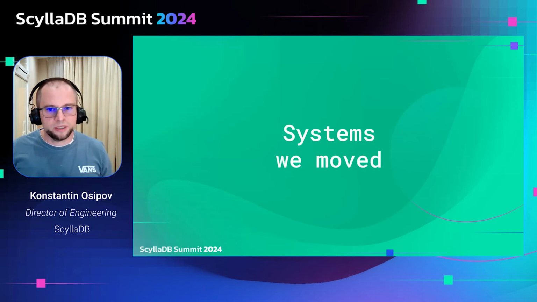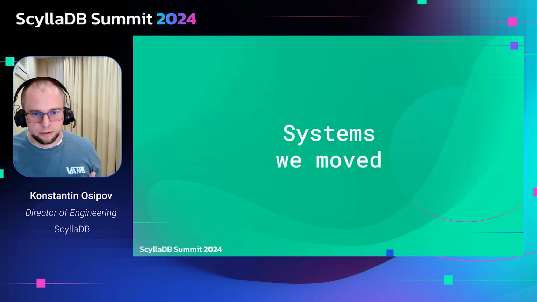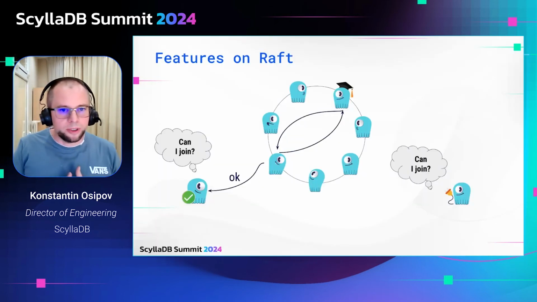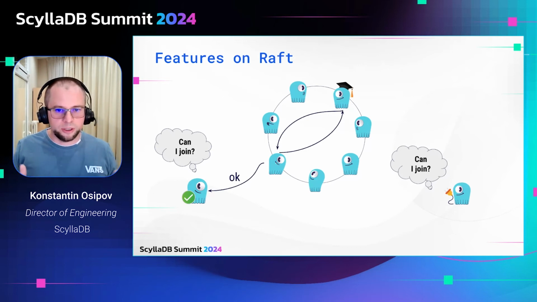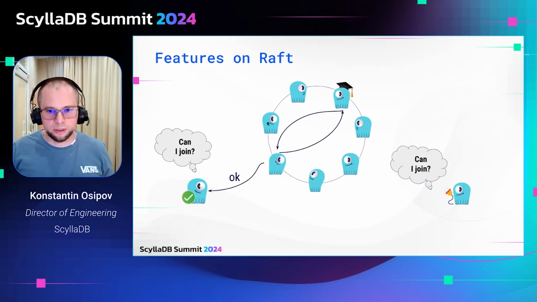Now I'm going to cover some parts of the metadata we converted to strong consistency in 6.0. And to illustrate how tricky this transition can be, let me start with a little known feature in Scylla that's called feature negotiation. To ensure smooth upgrades, Scylla runs a negotiation protocol between the cluster nodes. A new functionality is only enabled when all of the nodes in the cluster support it. But how does the cluster know actually that the other nodes support the feature?